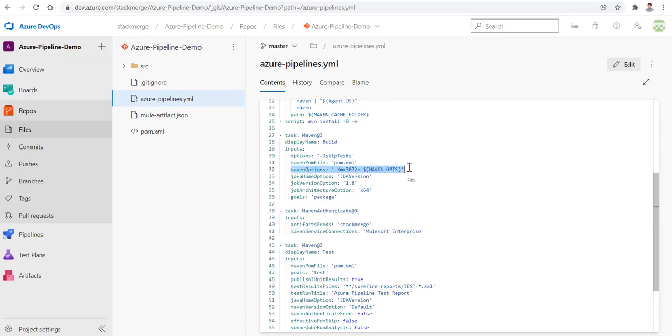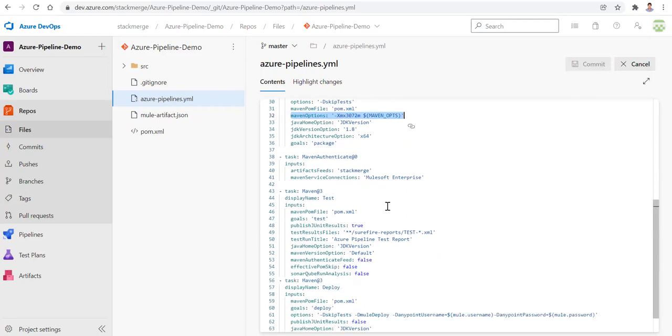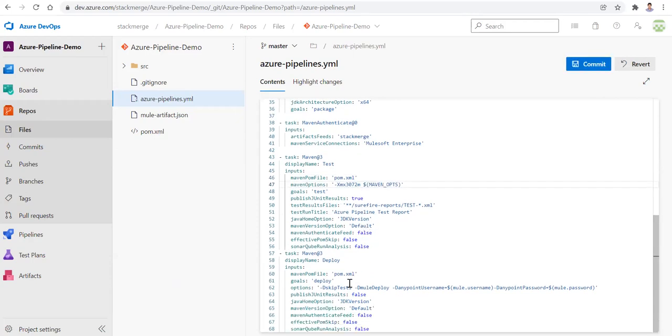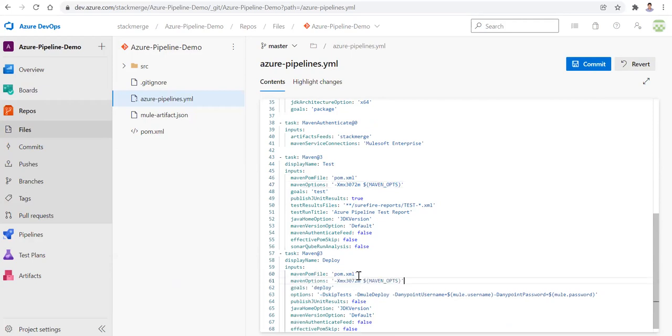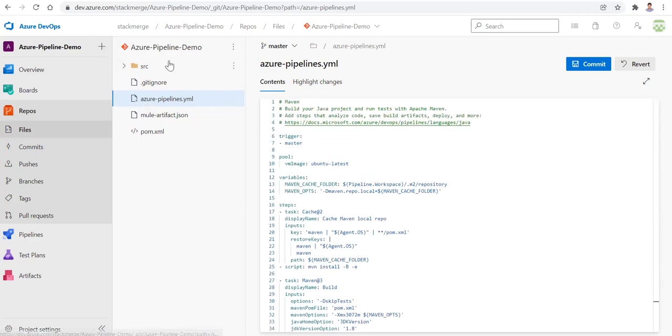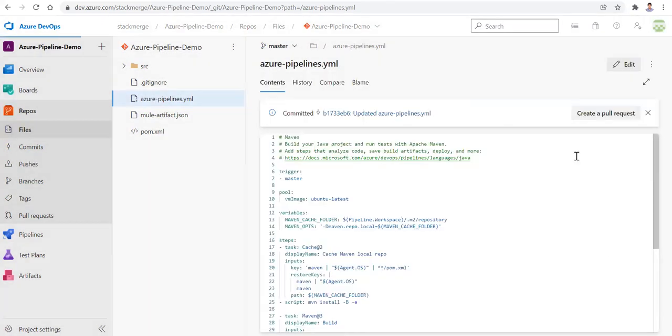This option we need to add. Maybe I can say edit and Control C here directly, and after the POM file, I'll give this in the test, and here also I'll give that. So this is the final. It will run your test and deploy goals in seconds, but right now it's taking minutes. Maybe I can commit it, but this job will get queued up, because one run is already going on.